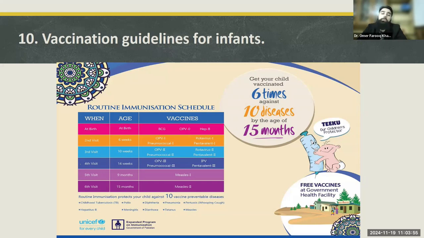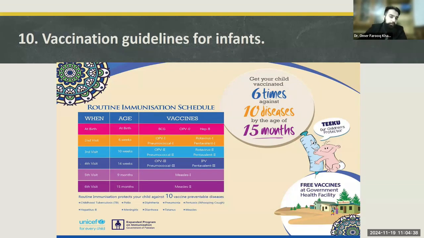First, zero dose is being given at birth, then hepatitis B vaccine is being given at birth. Then at the second visit, OPV1, oral polio vaccine first dose, and pneumococcal first dose, and then rotavirus vaccine is being given. Rotavirus causes life-threatening diarrhea in infants and toddlers. So protection from rotavirus is very important. And then pentavalent vaccine is given. Pentavalent vaccine contains diphtheria, pertussis, tetanus, and meningococcal vaccine and pneumonia vaccine as well. So pentavalent is a vaccine which prevents five vaccine preventable diseases. All of these are given at 6 weeks.